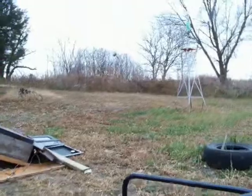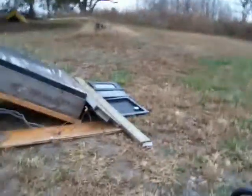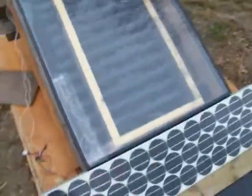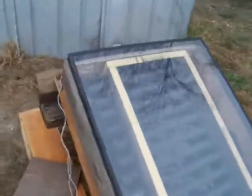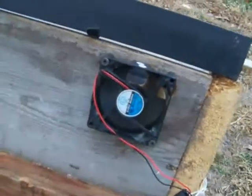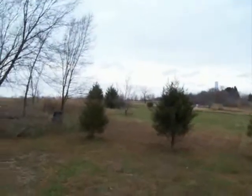solar collector that I made. Didn't turn out as well as I'd planned, but it was made out of junk. I got a solar panel down there, and it's running this little fan down here. Of course, you can see the weather's really crappy outside, so it doesn't appear to want to do anything worth